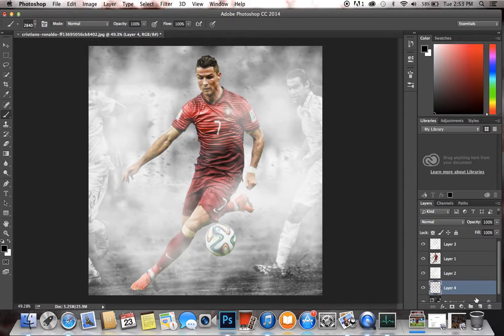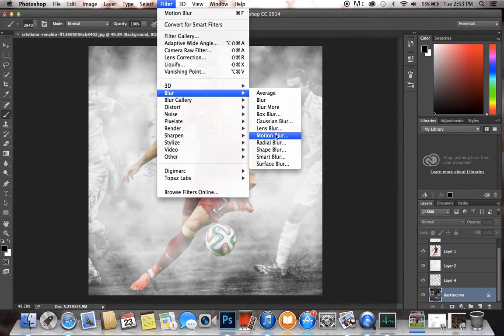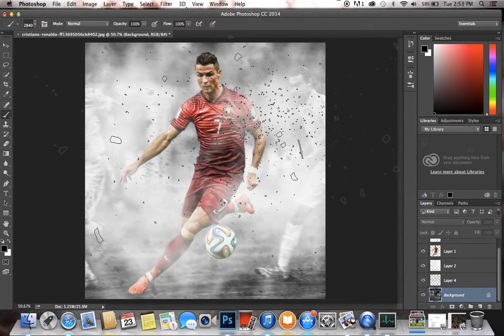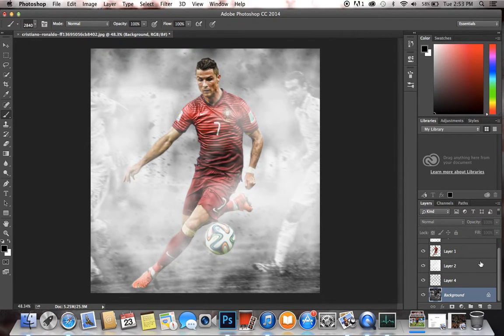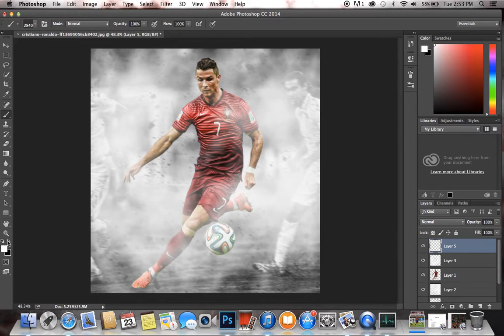That looks nice, but we also got to blur the background. So let's do, again, motion blur. And we're going to set that to 15 as well, so they sync up pretty nicely. And I believe we have just one more step to go, and then we're going to be finished with this design here. So go back, create one more empty layer here above everything, and it is going to be white